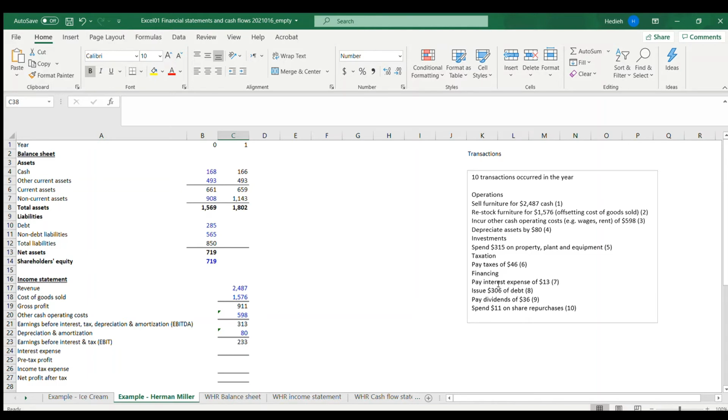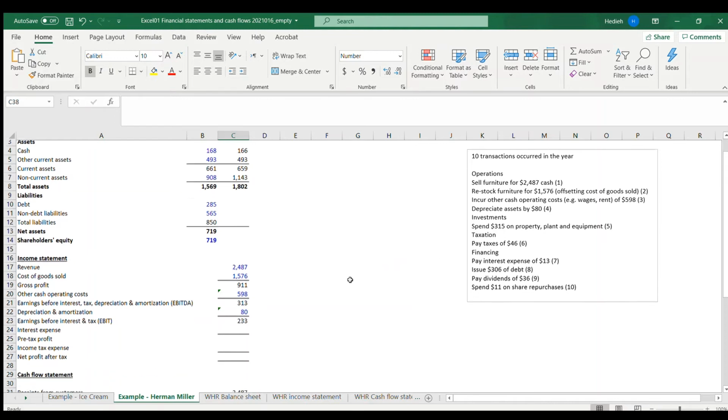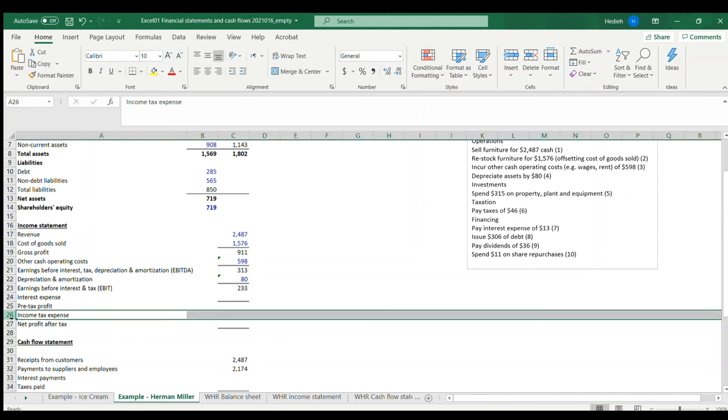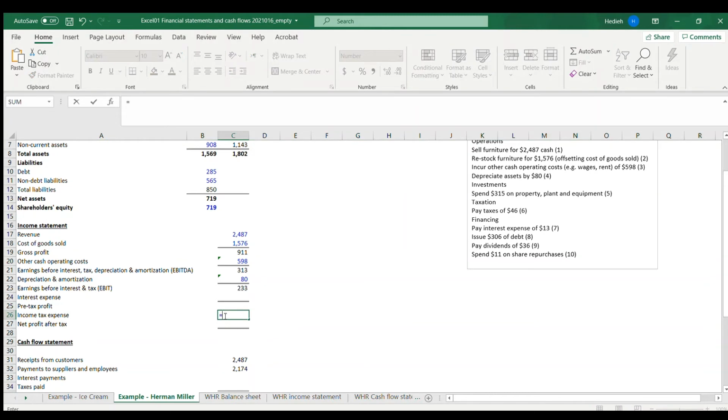When we pay the taxes, it seems that here it is in cash, right? So we are paying taxes of $46. The first place that paying tax shows up is on the income statement. So go to the section that is related to income tax expenses and add this